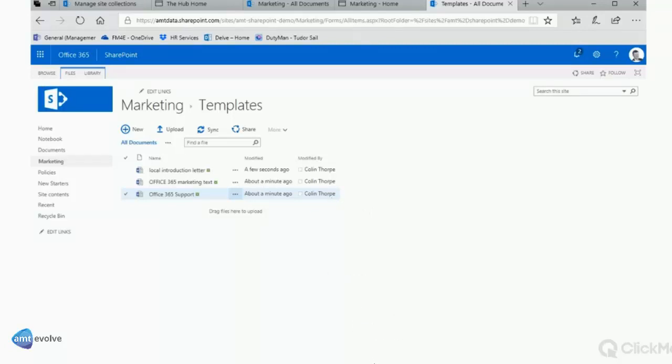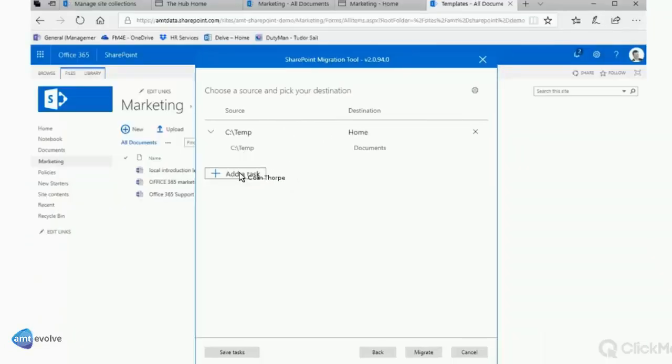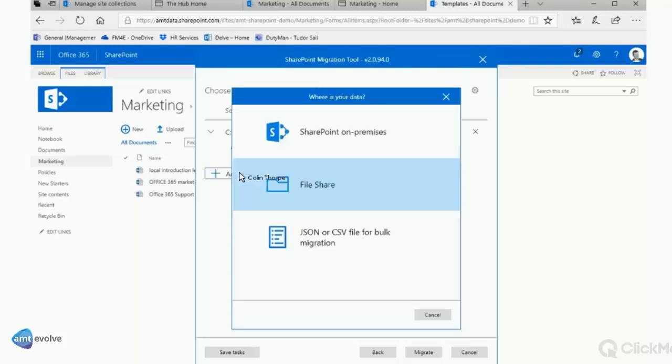So there is a tool for doing this. This is a new tool from Microsoft. It's a very basic tool, really. It's still, I think, officially in beta version. But it's a SharePoint migration tool from Microsoft. It's free to download. And what you can do is you can point it at your file share, certain folders in your file share, point the other end of it at your SharePoint Online environment, and then hit the migrate button at the bottom,